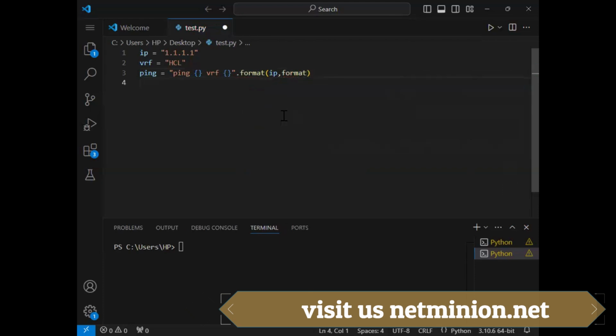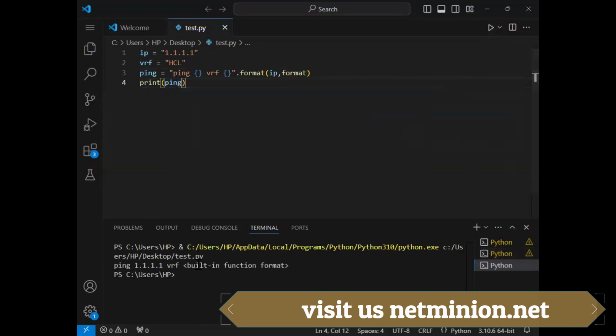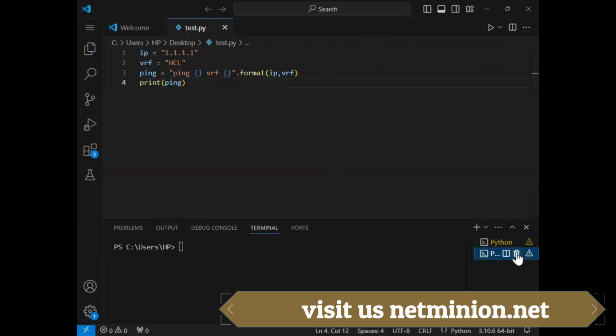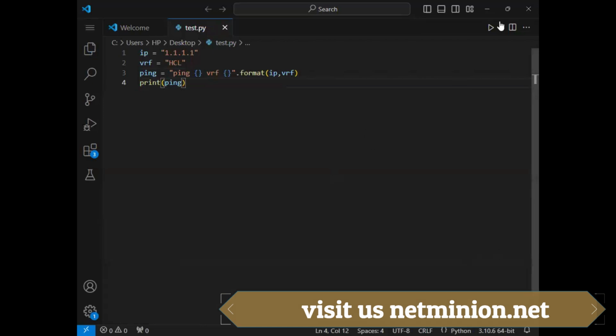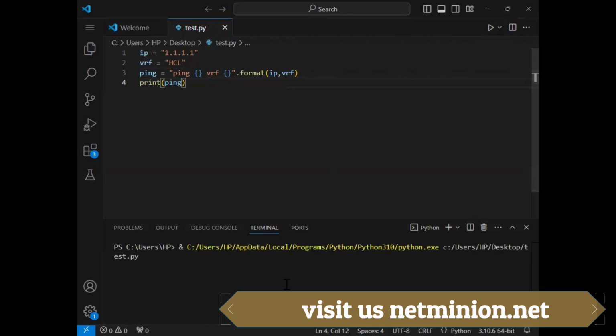Now, if I will show you using the print function what is there in the ping, and if I will run this program, the answer you can see here. Oh, sorry. I need to use VRF here. Remove this. Let me run this again.